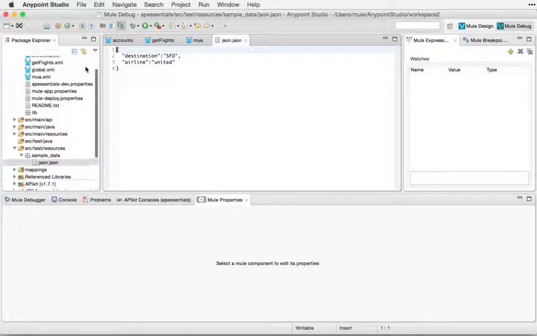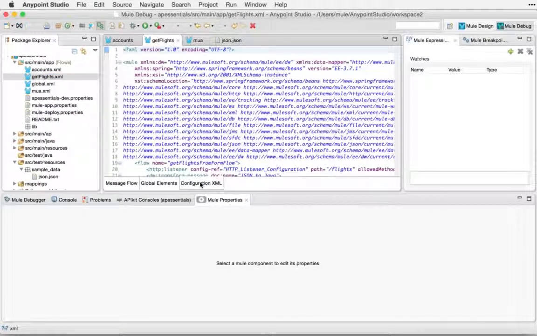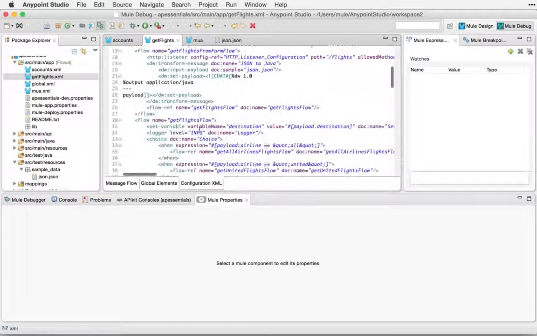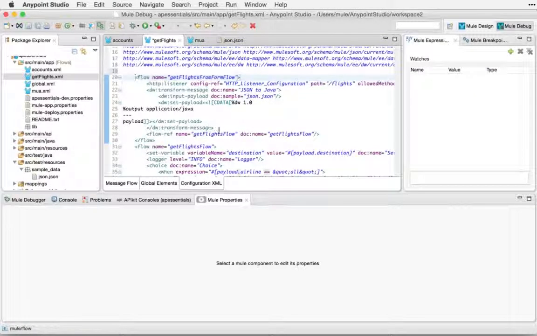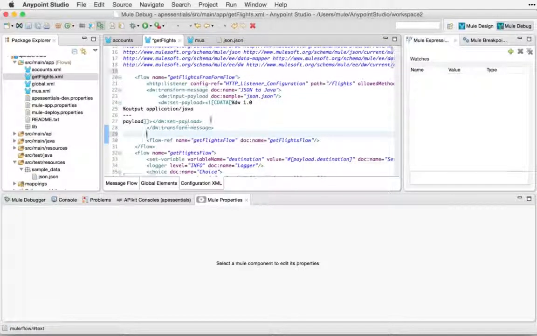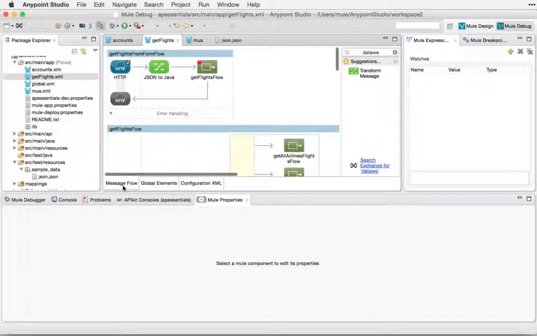Let's now go back into our application, getFlightsXML, and we'll go into the configuration XML as well. Inside of the configuration XML, you're going to find that the DataWeave is placed in line. So the actual DataWeave script is available inside of here as set payload. That's all for now. Let's go ahead and save up our project, and we'll continue on with some more information